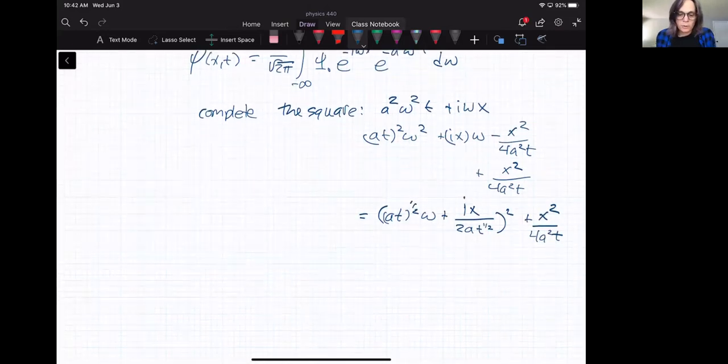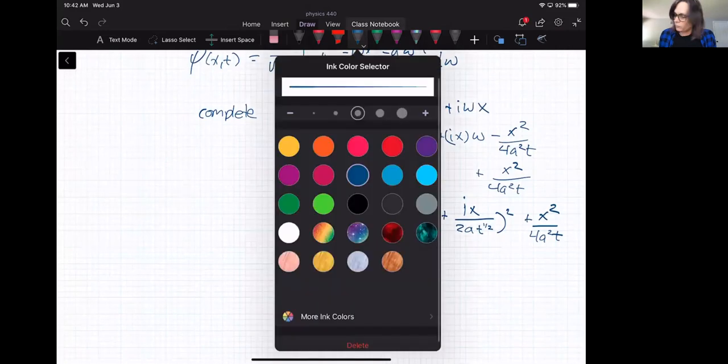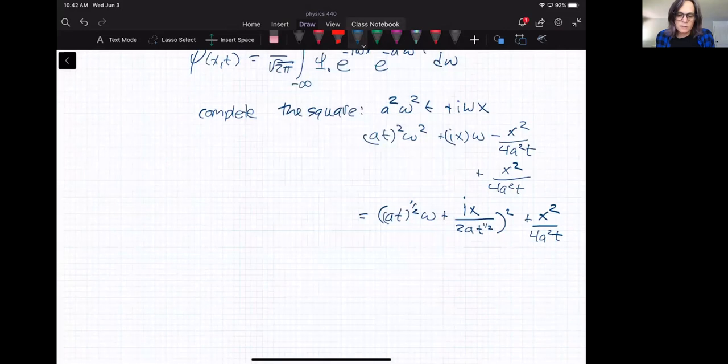And if we put all of that in, that allows us to solve for psi of x, because now we can pull out the constant terms. In the interests of time, I'm not going to go through all of that algebra. What you can find for this particular case is that psi of x, t is equal to that